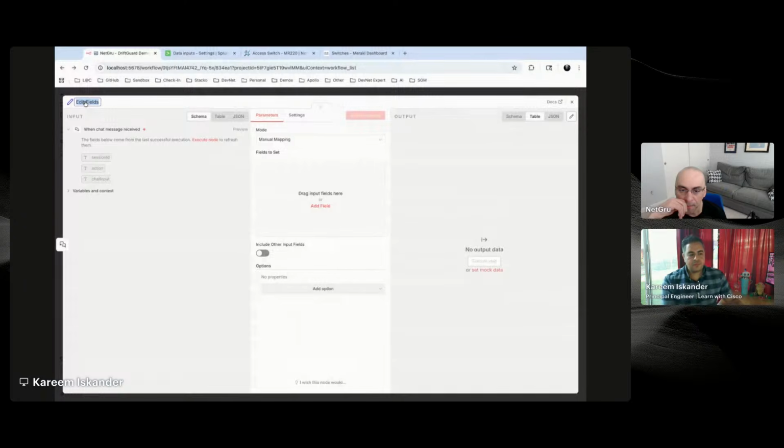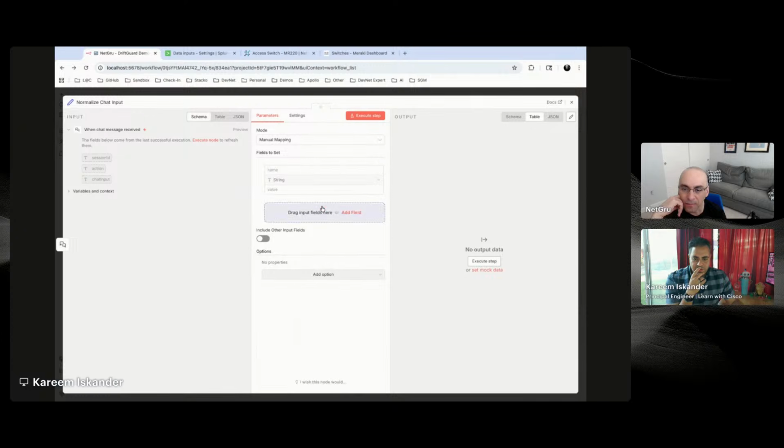In this case, I'm going to have it be my normalizing chat input, and my normalizing chat input is also going to have a variable called webhook body. So now both my triggers are coming into the exact same key value pair, and then I